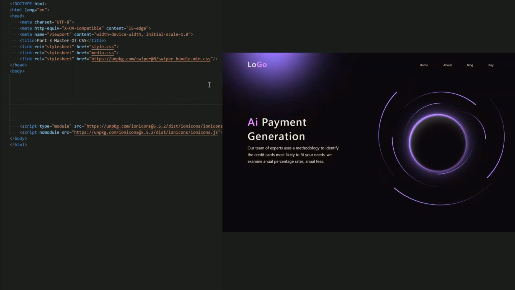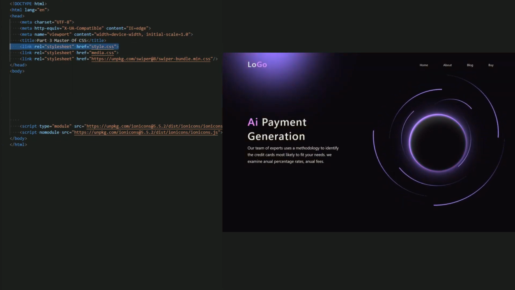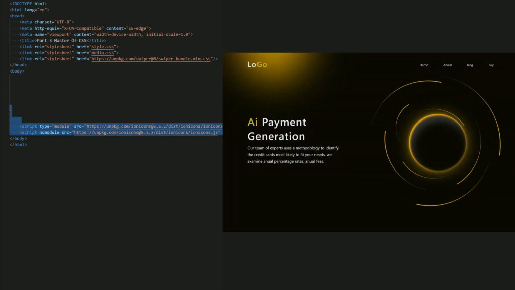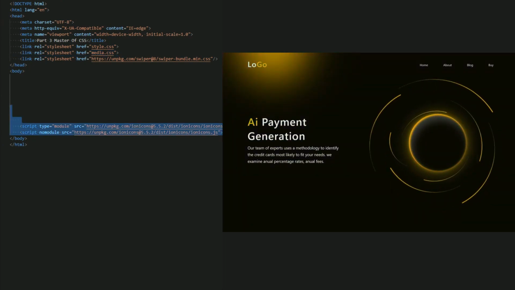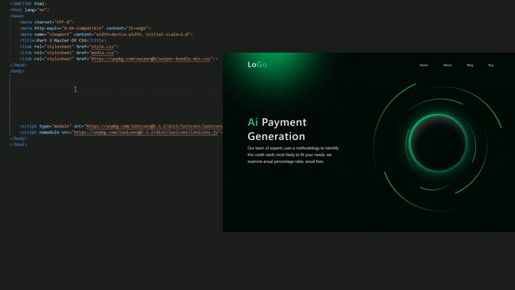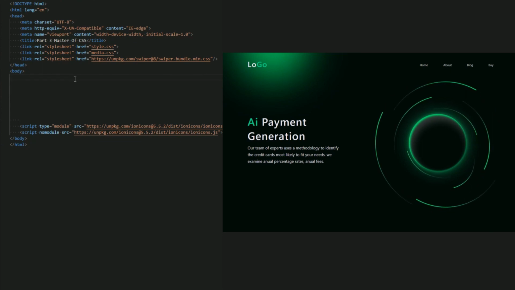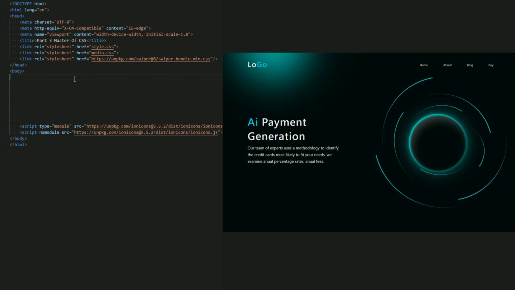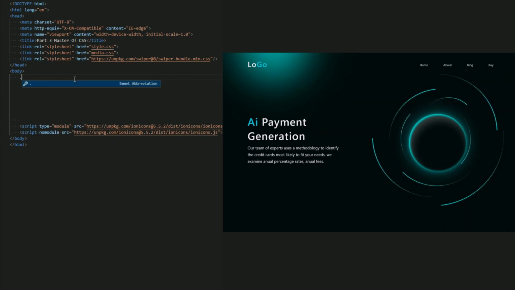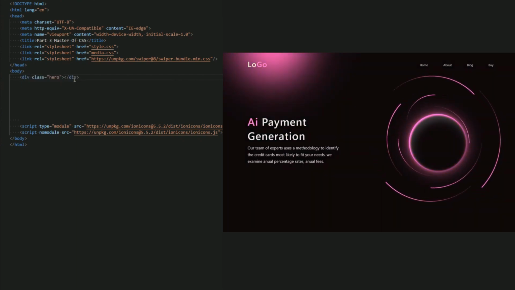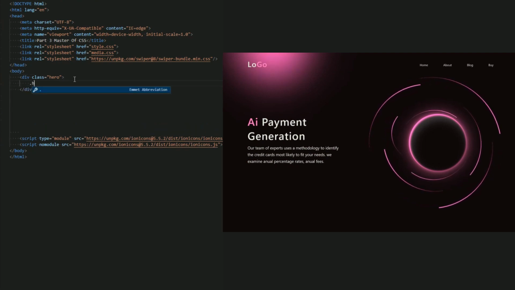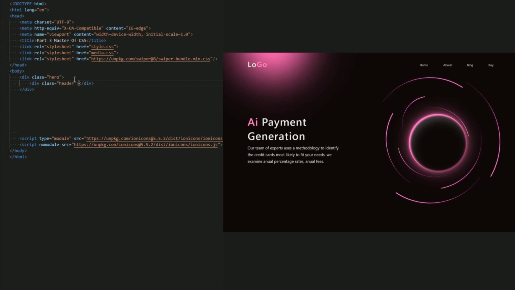Okay, now in HTML, I just add a style sheet of the size CSS and a style sheet of the media CSS, and this is a script for the icon because I want to add icons from this website, Ion icon. You can add it too. So let's do it. I first start with a hero page, which is the home page of our website. Hero. Okay. Now inside the hero, I want to add a header to create a menu for the logo and the menu.